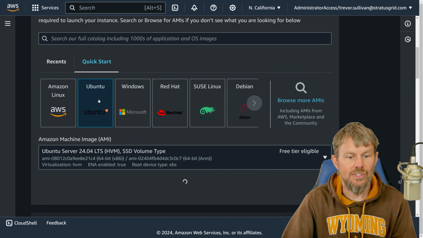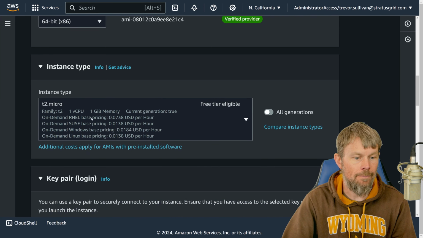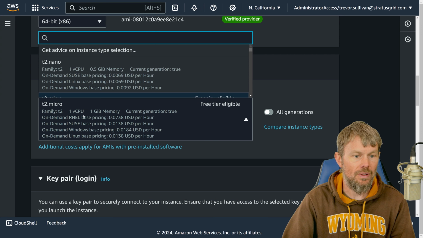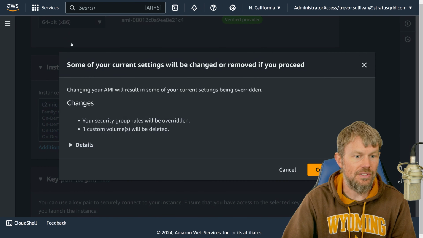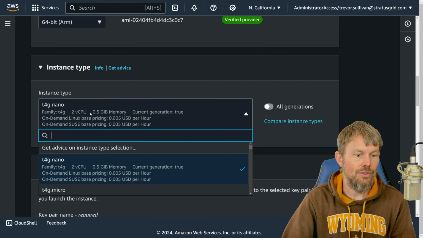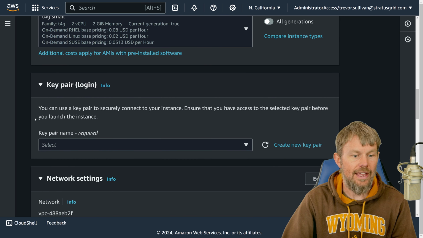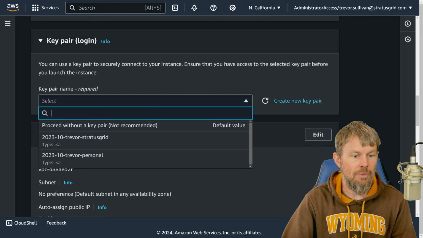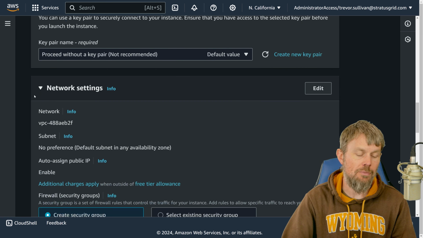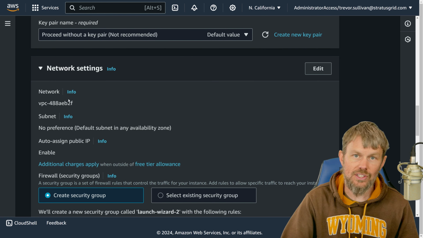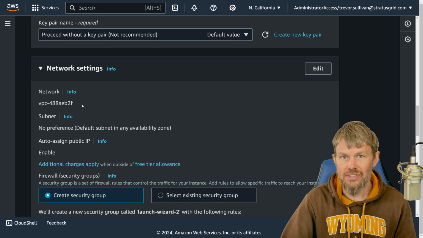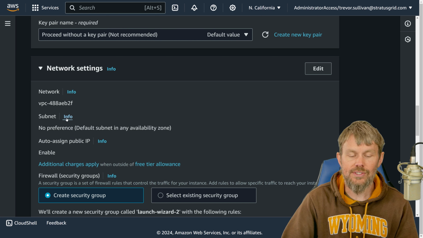I'll go ahead and choose an Ubuntu AMI right here. I'll choose an instance type like, let's actually do an ARM-based instance type here. And then we'll choose a t4g.small here. And then for the key pair, we'll just leave that with no key pair, and then I'll actually get access to it using AWS Systems Manager Session Manager so that I don't have to SSH